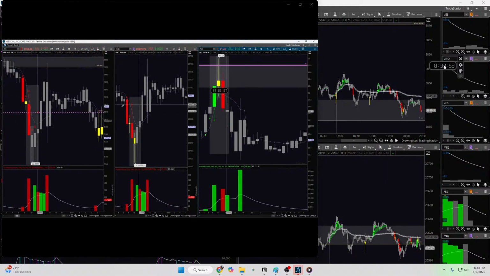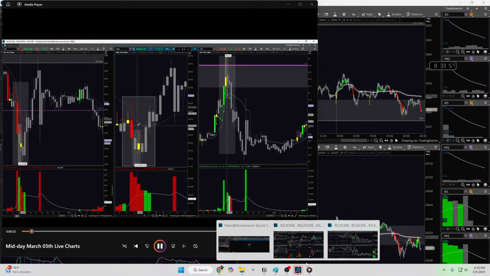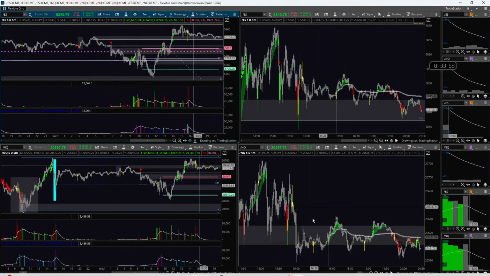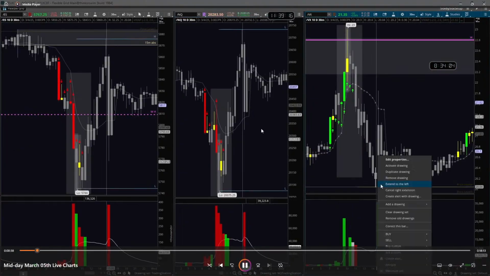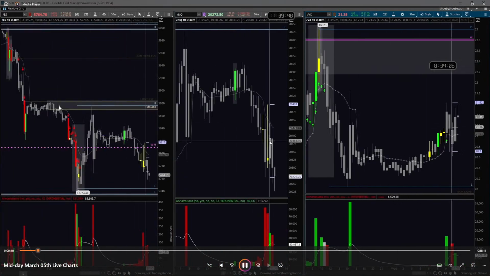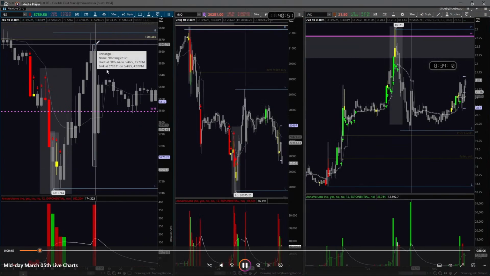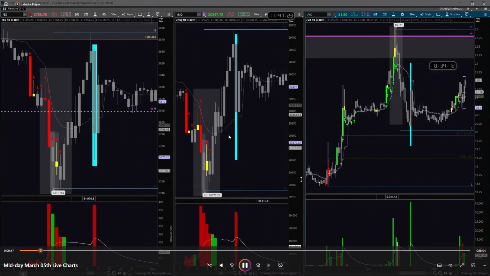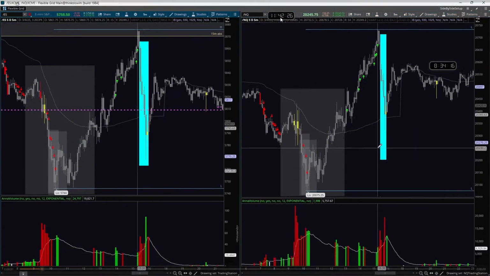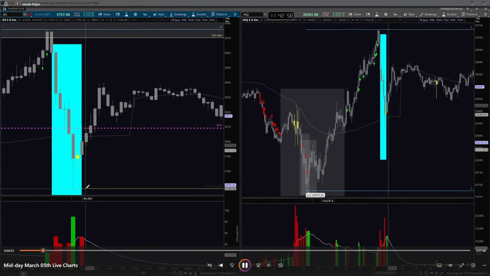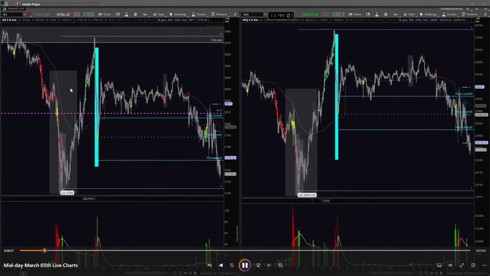Alright, so March 5th, 2025. I did a quick mock setup of my levels to just see how price reacts on them. I realized as I was setting up, I found something around the 6 a.m. Eastern Standard Time level. So this is me setting up my charts. I got it here a little late. This is the time right now, 11:42. So I'm just setting up my charts, just looking at what price has done based on the levels that I